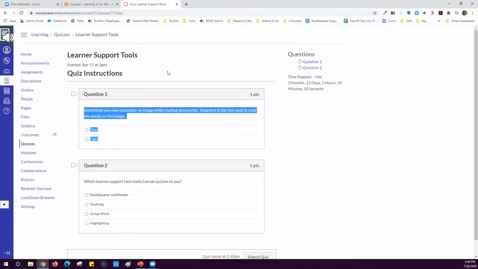But what would happen is you would have that magnified text at the bottom. If you pressed pause, it would be there. You could use that. But I would think that the text mode, which is available in the webReader and in docReader. And if you're using the full platform of TextAid, it's available there. In assessments, we would be talking about using the webReader.